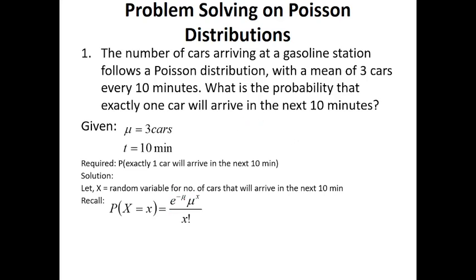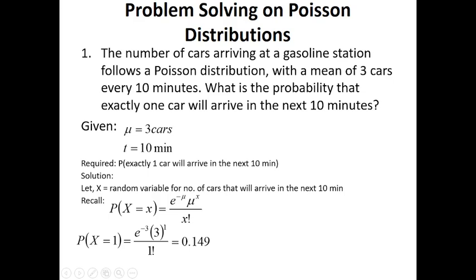So we have e to the power of negative mu multiplied by mu to the power of x, where x is the value of the random variable, over x factorial. So we have mu as the mean number of cars. So in that case, applying the formula, we have the probability that the random variable x is equal to 1, and that will be equal to e to the negative 3 multiplied by 3 to the power of 1 all over 1 factorial. And that will give us